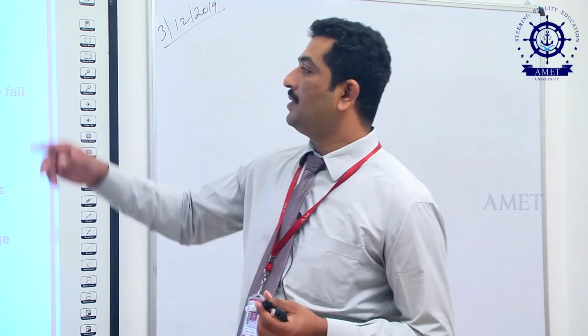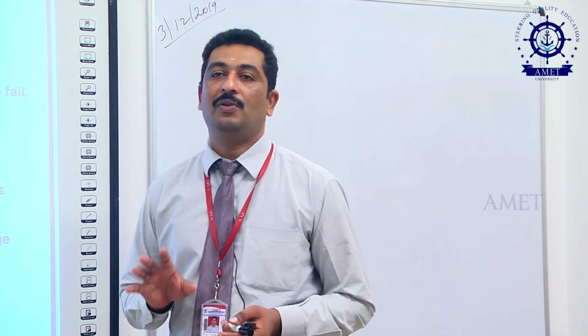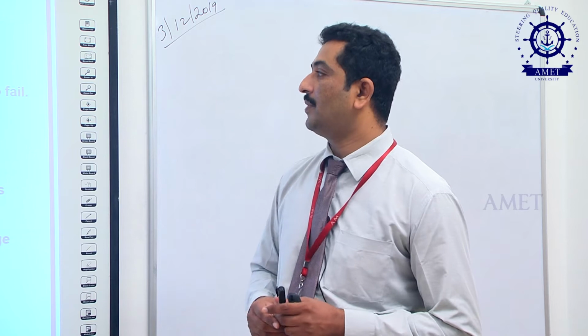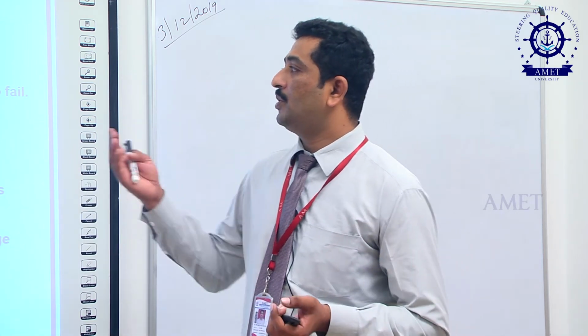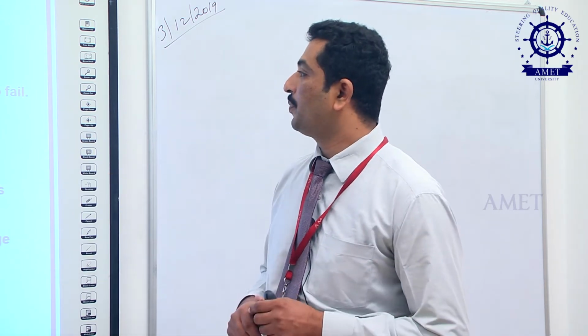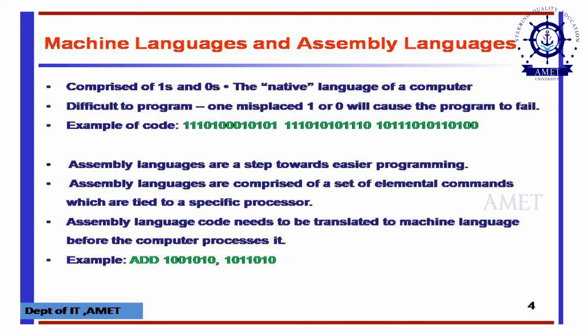Machine level language is a combination of zeros and ones, and that language is called native language. The machine can easily understand it, which is why it is called native language. But it is difficult for programmers. The programmer doesn't know zeros and ones, and everything is written as zeros and ones, so it is difficult to write a program. For example, everything is 0, 1, 0, 1, 0, 1. Whatever instructions or commands we give in the format of 0s and 1s, the machine can easily understand, but programmers find it difficult.